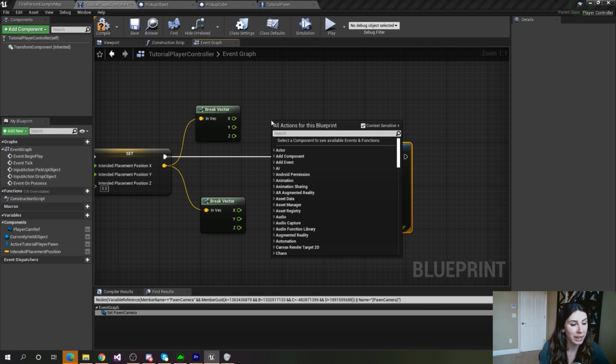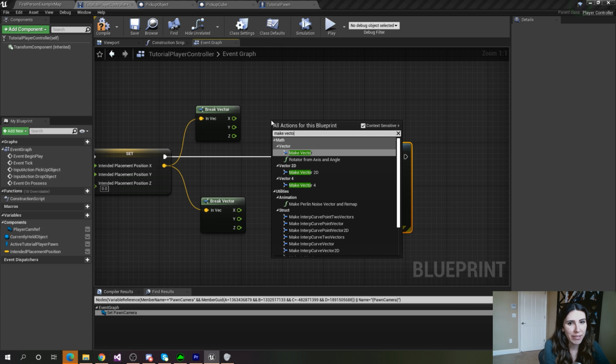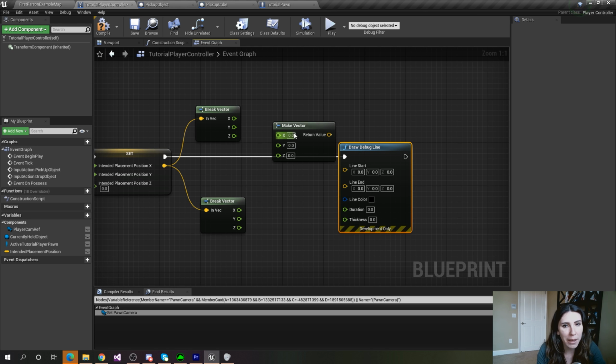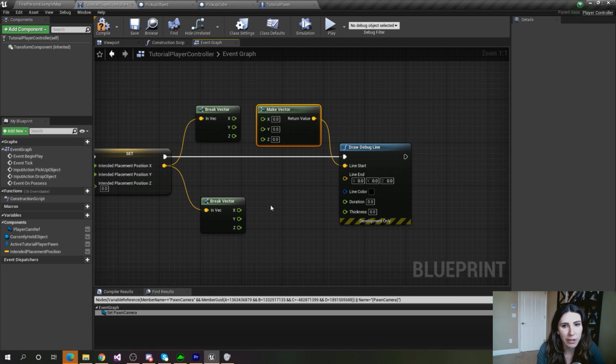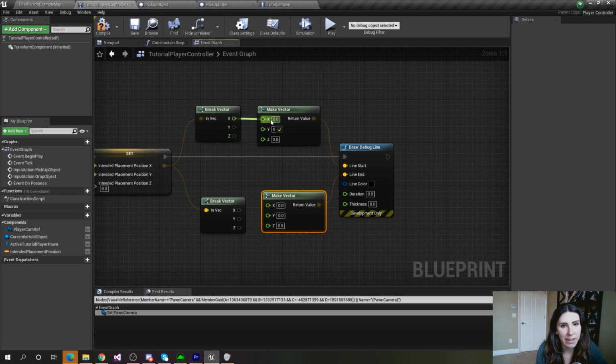And we're going to right click here and type a make vector, because we're about to make a couple of vectors and then plug those suckers in right here. Again, Control C, Control V to copy paste. And the X and the Y is fine, but the Z is going to be a little bit different. For the first Z location, we want this to be up high. So let's say like,